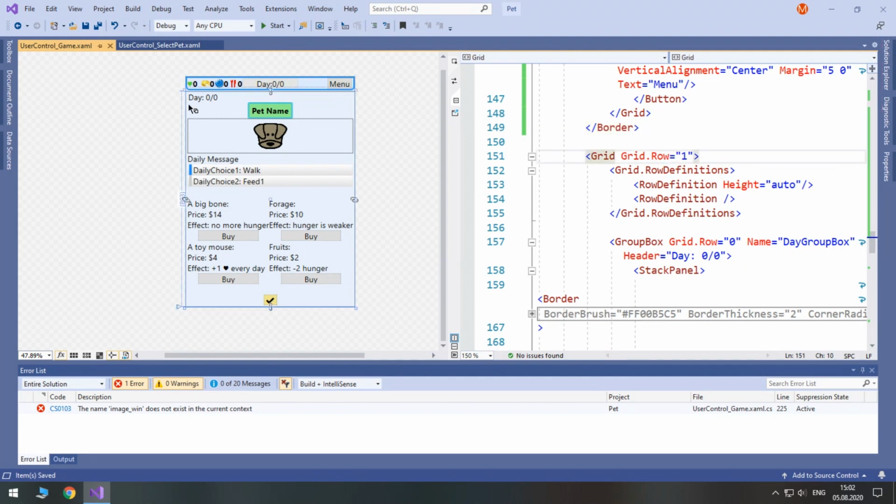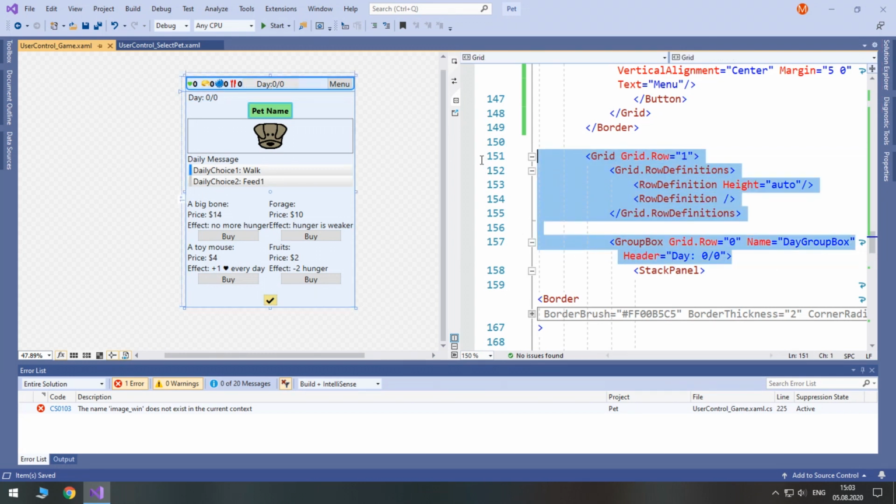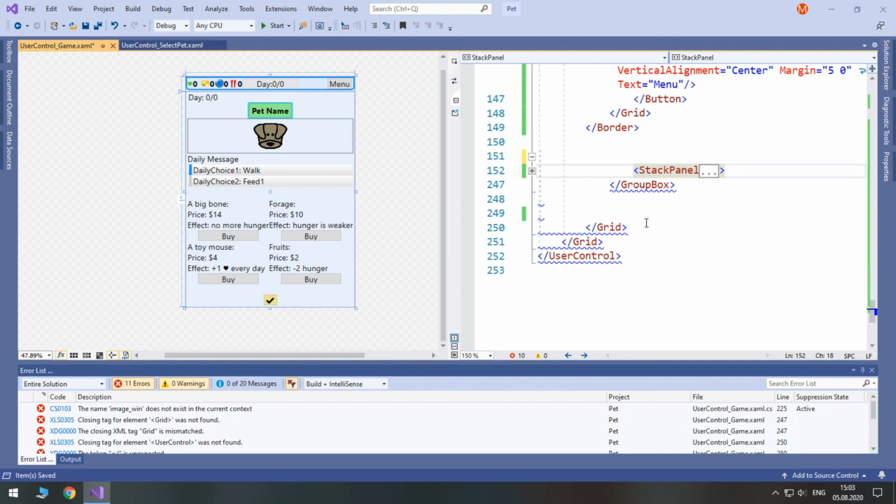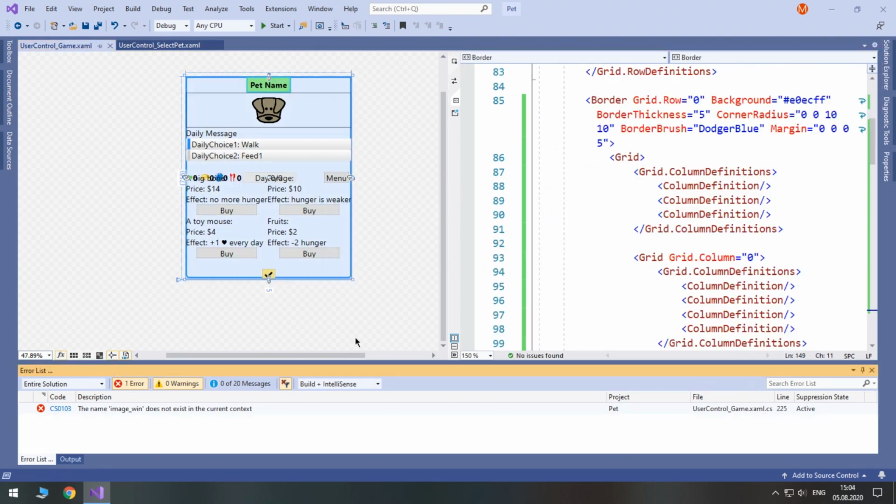Let's move below. So we don't need the group box anymore, and we don't have a win image anymore as well. So let's delete this. And we don't have a group box and a grid.